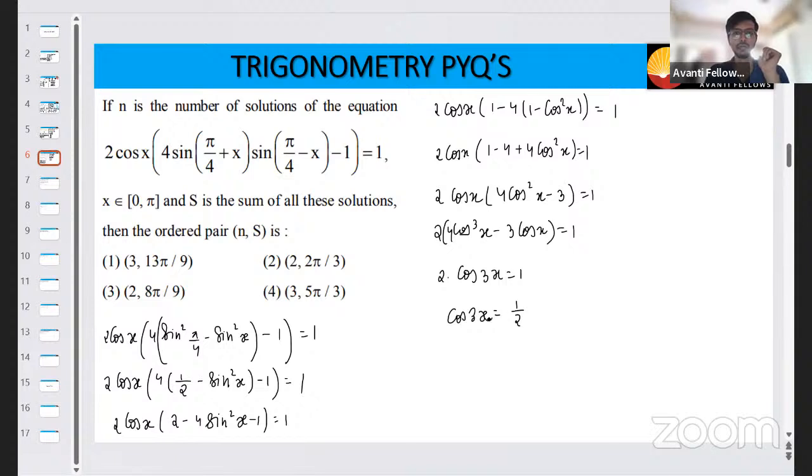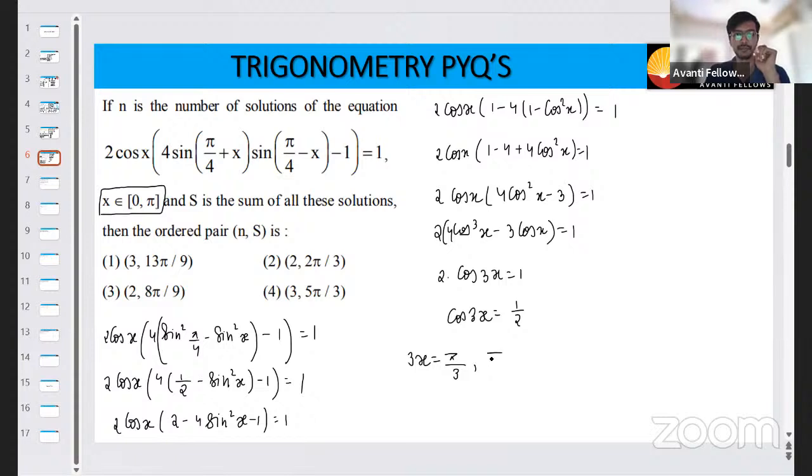What is x? x lies between 0 to pi, right? So that means 3x will lie from 0 to 3 pi. So half कौन देता है cos में? 60 degree, which is pi by 3. So pi by 3,